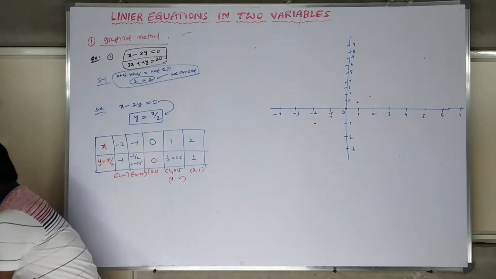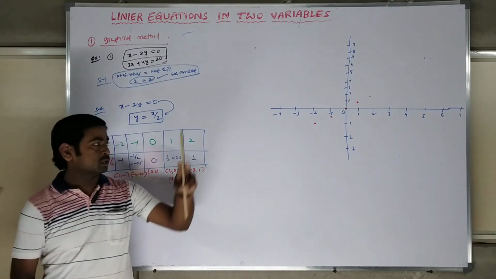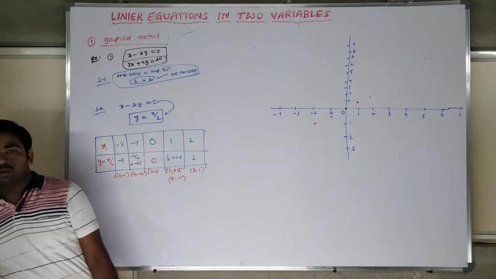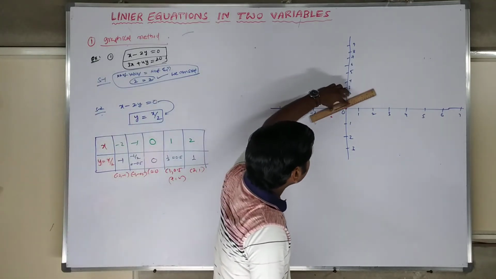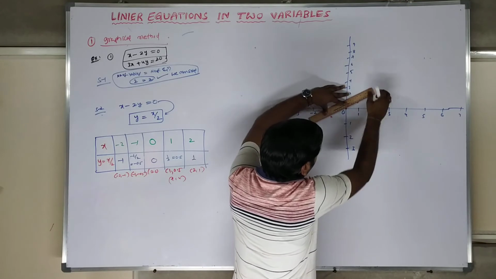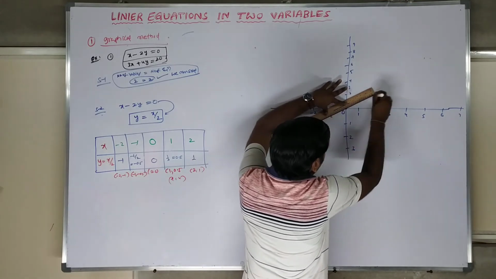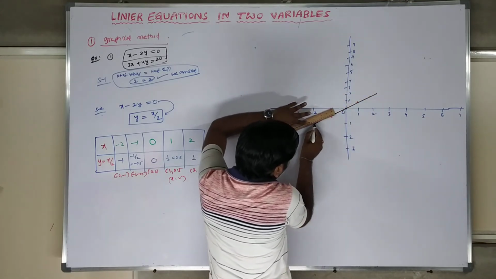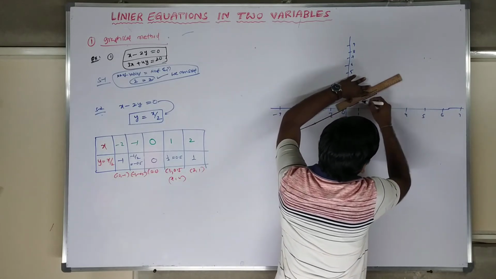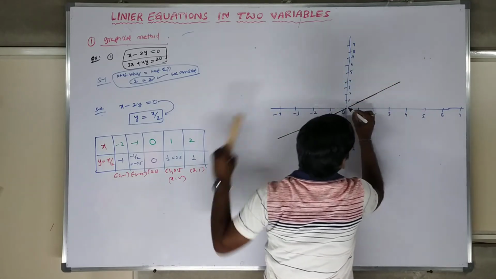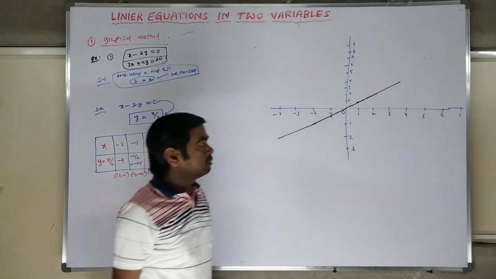So what you have to do is use your scale and draw these straight lines. Make a scale here, like this, on graph paper you can see it clearly. Extend it here; if you want, you can extend it also. It is convenient to extend the values here. So like this you can draw the line.